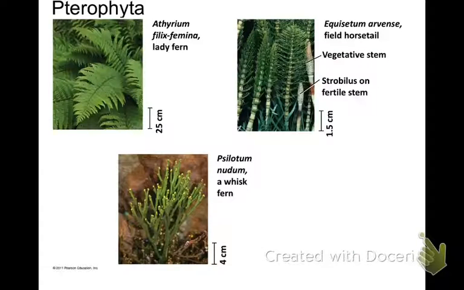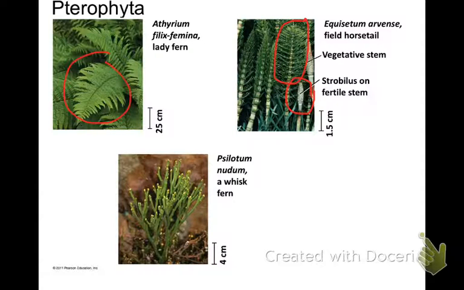The pterophytes have somewhat more complicated structures, such as the fern here. You can see that the leaves are more elaborate and broad to more effectively capture sunlight. Another pterophyte is Equisetum, known as horsetail. And Equisetum has two kinds of stems. You have the vegetative stem, which has microphylls that will be performing photosynthesis, and you have the reproductive or fertile stems, which have strobili that will bear spores at the base of the